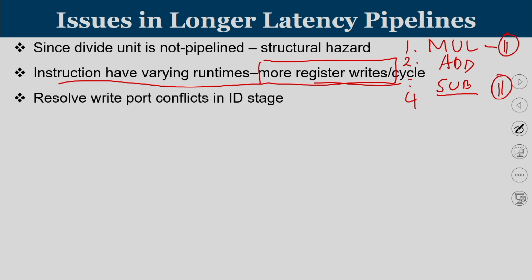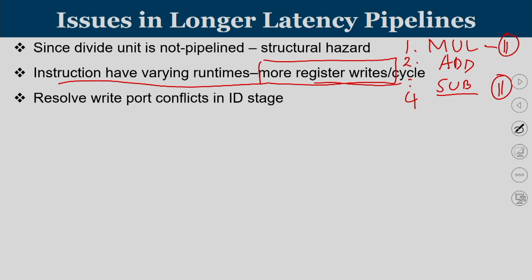So if such a problem, what we previously discussed, you have a scenario where multiple instructions reach the write back stage, then how can I resolve it? At the decode stage itself, I have to understand that the first instruction I will complete its write back stage maybe at clock cycle n. After some time I get one more instruction that is also going to complete at clock cycle n, that should not be allowed. So the second one I have to properly adjust in such a way that no 2 instructions reach the write back stage early.